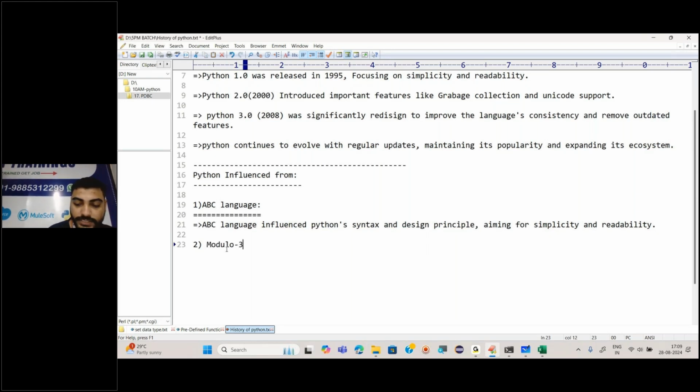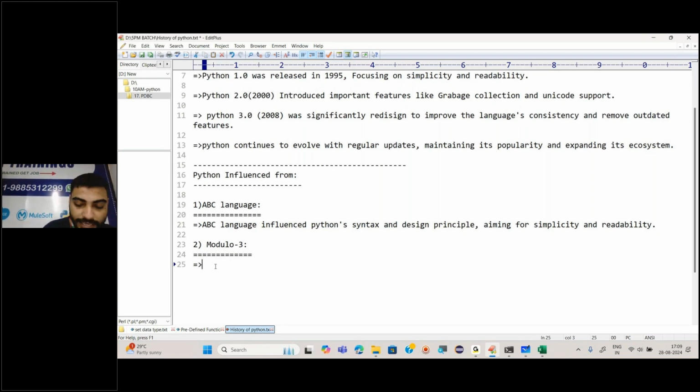Next, I would say Modula-3. Okay, Modula-3 is also there. Python got influenced from Modula-3 because it has the module system, and also the concept called exception handling.